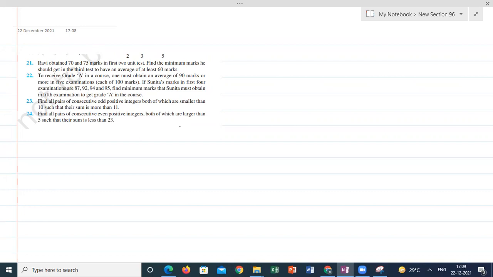So here also the average should be greater than or equal to 90. The average should be greater than or equal to; must obtain. That means it should be either 90 or greater than 90. So let X be the unknown mark of the fifth test. Let X be the marks scored in the fifth test. So the average marks of 5 tests